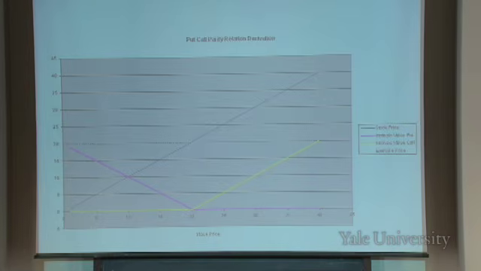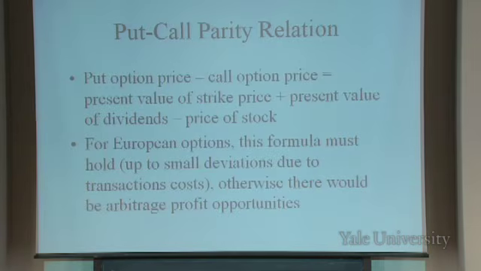Well, you notice that if I were to buy a call and write a put, that's the same thing as shorting a put, I would have a combined portfolio with just those two. I would have the yellow line here, and I'd have minus the pink line here, right? I would have a parallel straight line that looks just like the stock price, just shifted down. So if I buy a call and short a put, or write a put, it's the same thing as owning the stock minus the exercise price. And so that's what we have in the put-call parity relation.